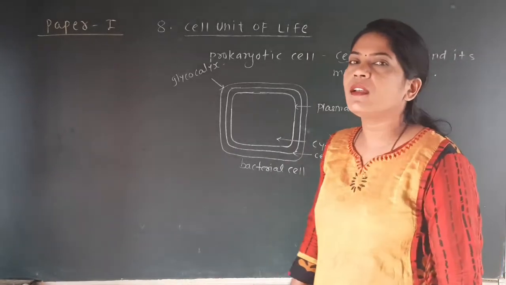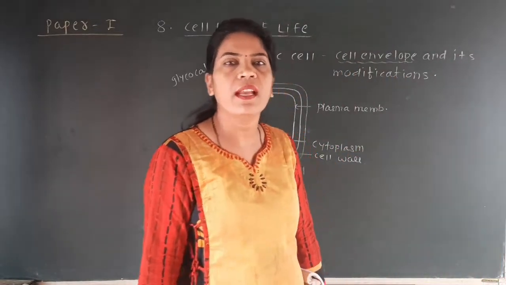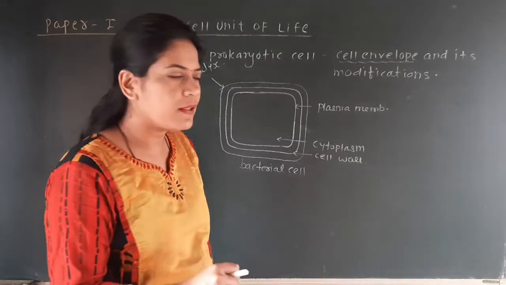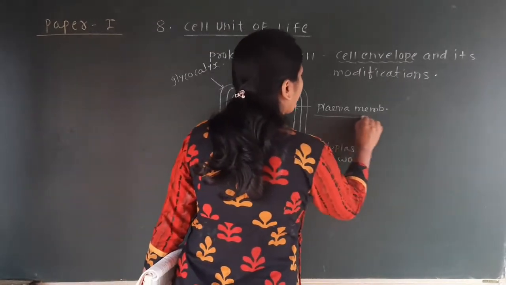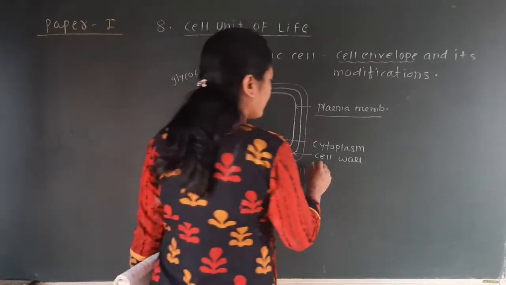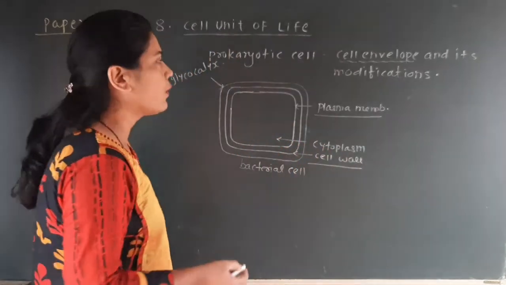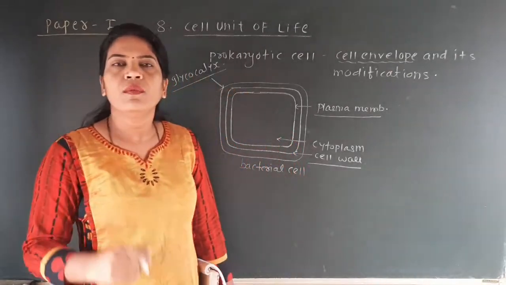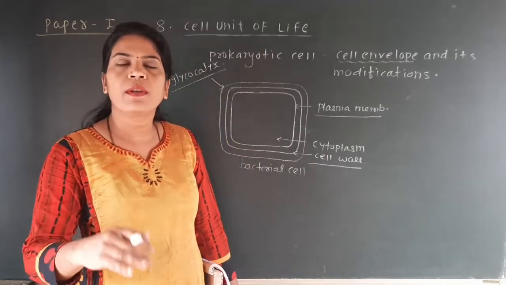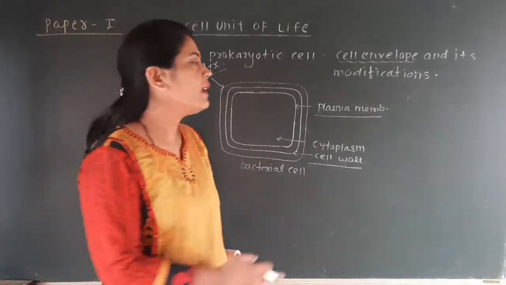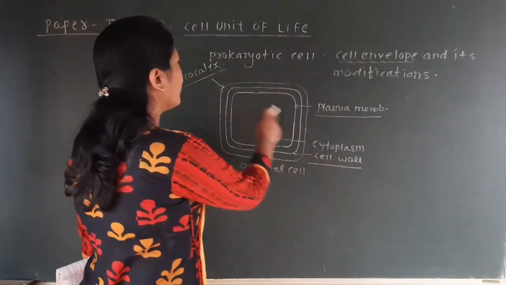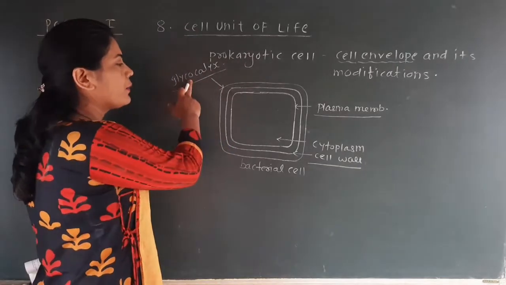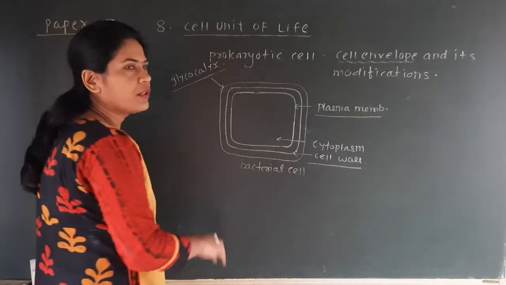So here we are discussing the cell envelope. The first point is which cell envelope is present in the prokaryotic cell. If we label it from inside to outside, then the labels are like this. The innermost layer is called the plasma membrane. Around the plasma membrane the cell wall is present, and outside the cell wall the glycocalyx is present. So if the question is asked in the NEET exam, that is, which are the cell envelopes in the prokaryotic cell from inner to outside, then you have to write the answer as plasma membrane, cell wall and the glycocalyx. But if the question is asked from outer to inner, then we have to write glycocalyx, cell wall and then the innermost is the plasma membrane.